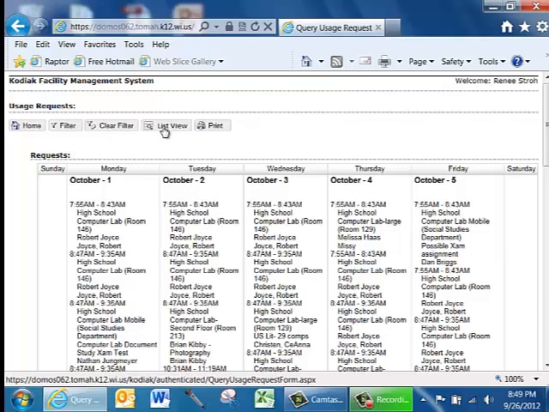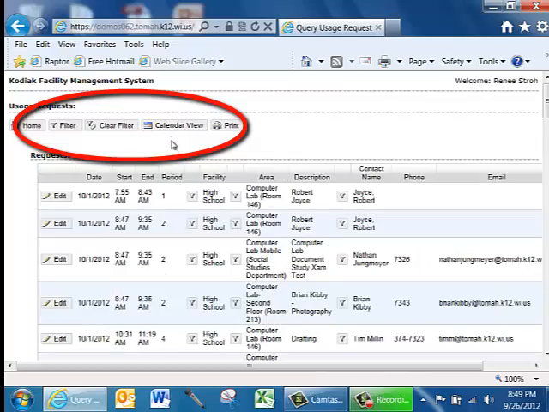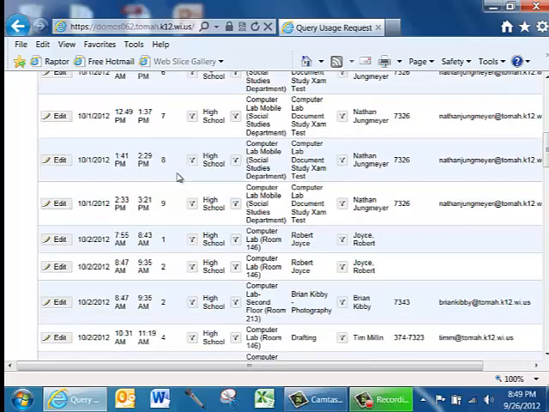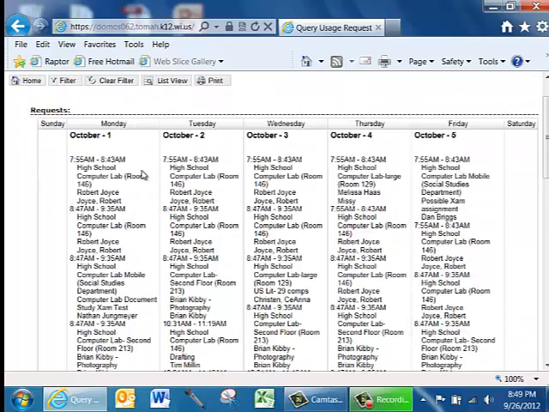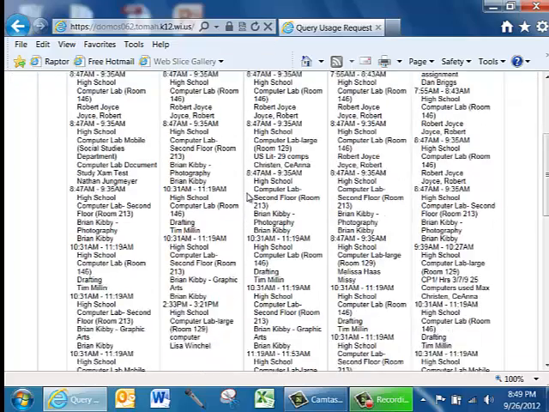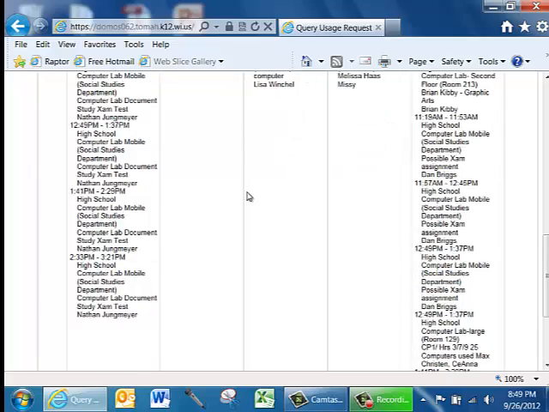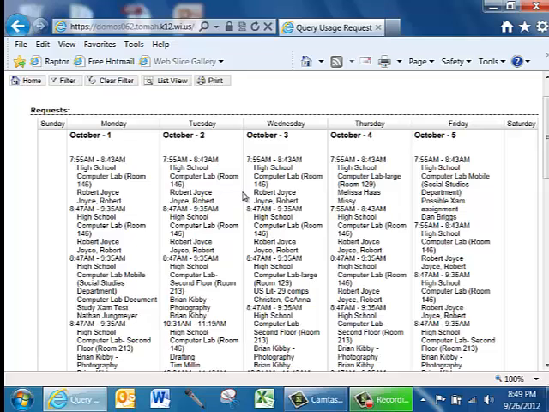If you like a list view better, you can go back up here to the options that are listed above and click on List View, and you can view it that way as well. My brain processes a calendar a little bit better, and so I prefer to look at it this way. And as you can see, there's a lot of people and a lot of time slots that are filled in. So I am going to